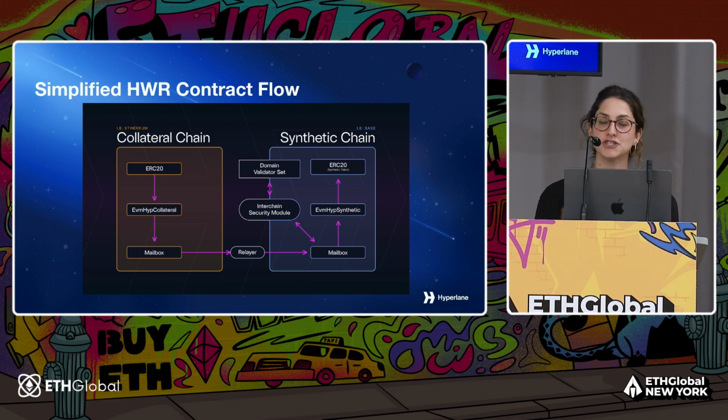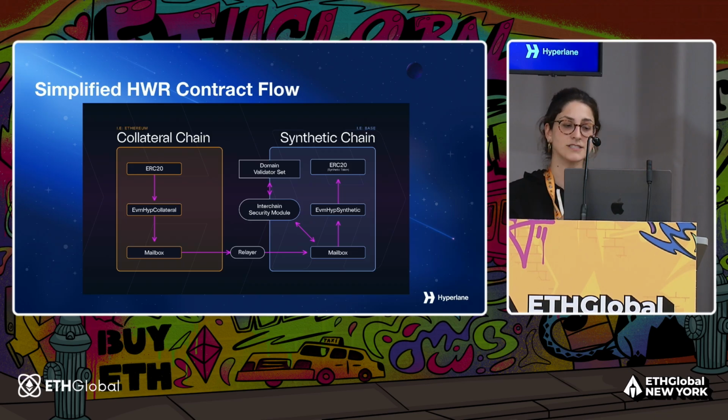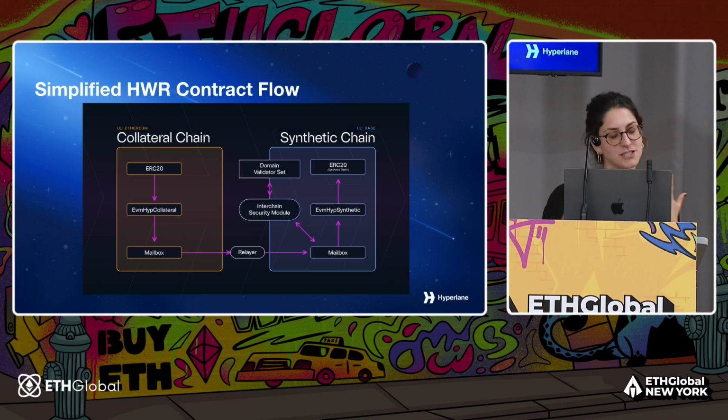The issue before, when we worked on it, is that when you have two different liquidity sources, you need to somehow balance the tokens between them in case there's a rebalancing. Let's say you have Ethereum and Optimism, but on one the tokens are finished because they're all transferred to the other chain, for example. So Hyperlane Warp Routes 2.0 allows for native rebalancing. Once there's a rebalance, it will automatically trigger a call to swap certain assets. It's something we recently launched, I think over a month ago, and you can check the docs to build something with it. It's the first time at this hackathon with Hyperlane Warp Routes 2.0, so it might be something cool to do.